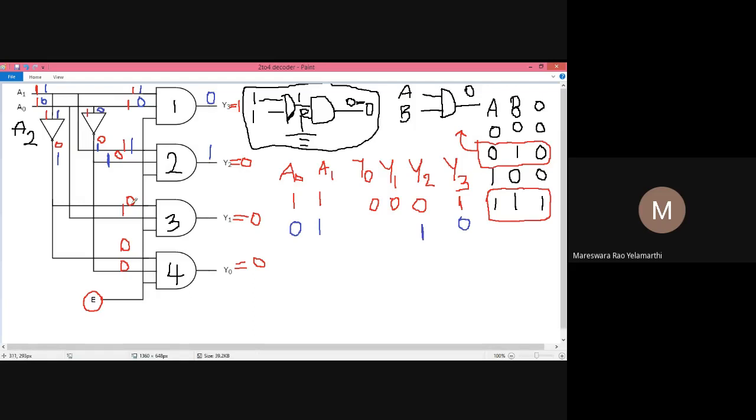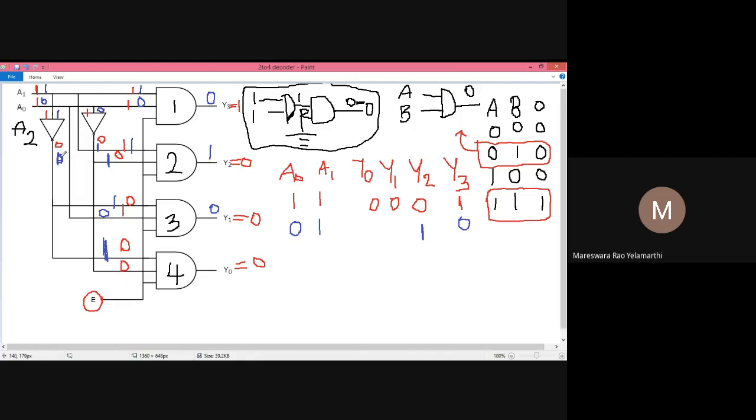Now come to this gate. One of its inputs is connected to 1 and the second input is connected to 0. For the 1 0 combination, if any input is 0, the output is 0. Sorry, here I made a mistake. This input is 1, so here we will get a 0.